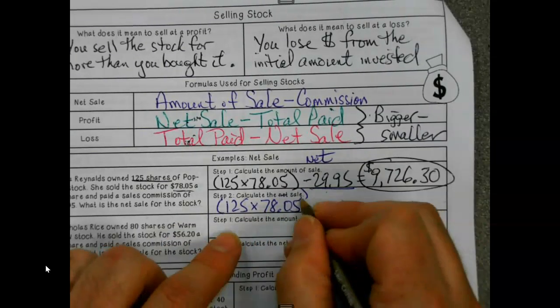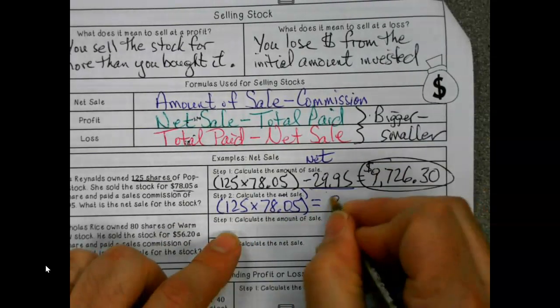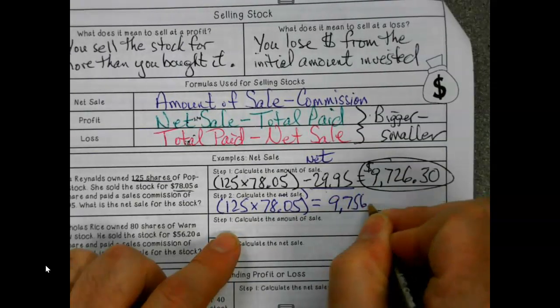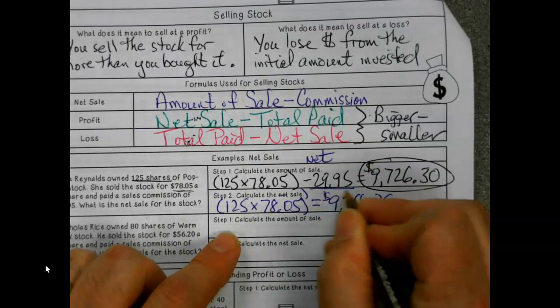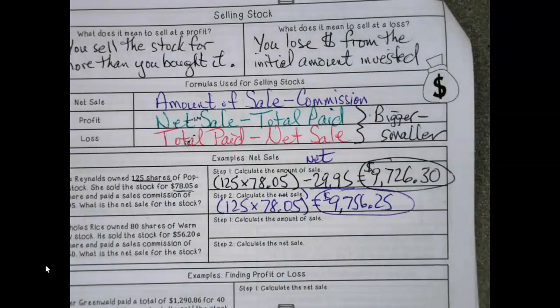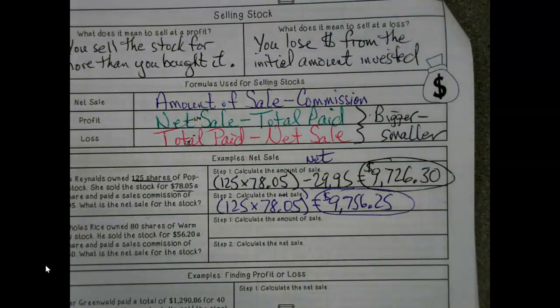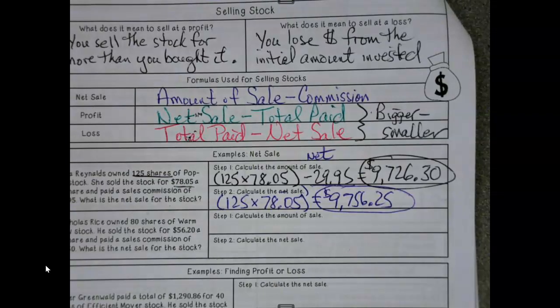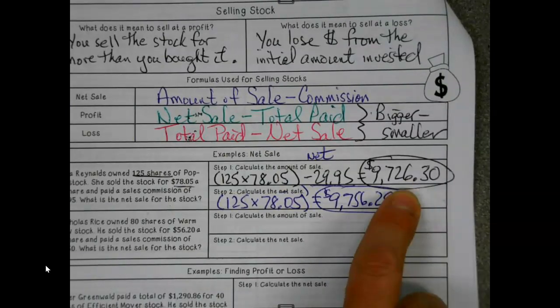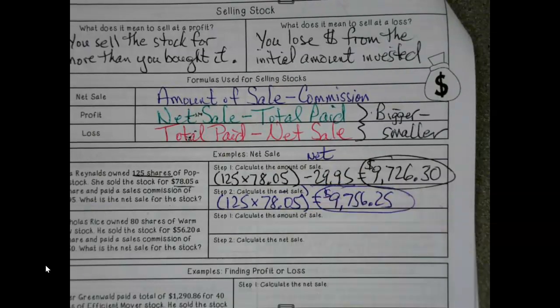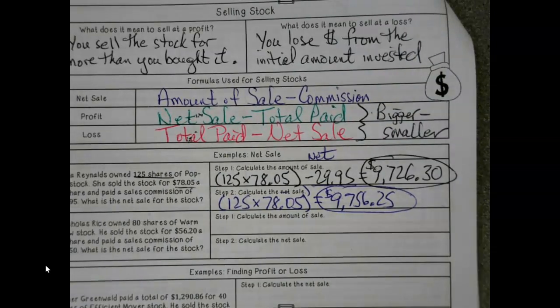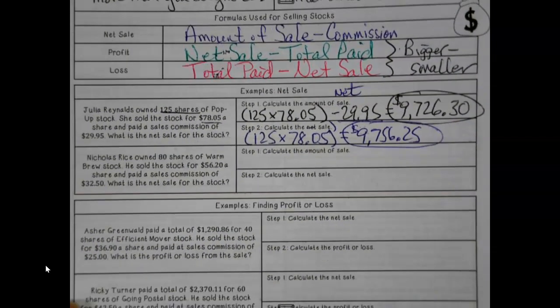This is the regular sale, which was $9,756.25. Just as one other side note, my apologies for switching the order up on you there, is that when you go to talk to an accountant or you're doing your own taxes on this, this would be the amount that you would use for paying tax on. You do get to subtract commissions and fees and all these other things that the brokers are charging you, which is always going to be a nice thing to do too.